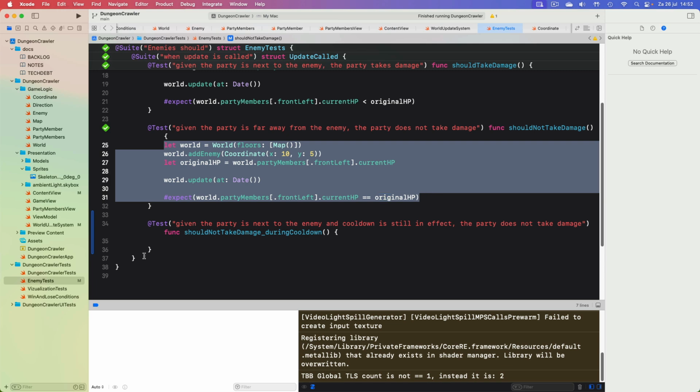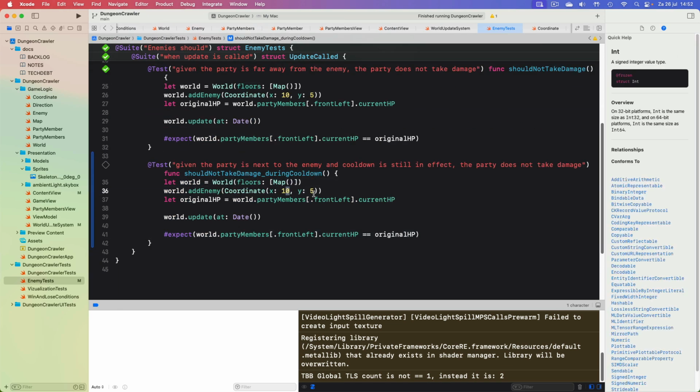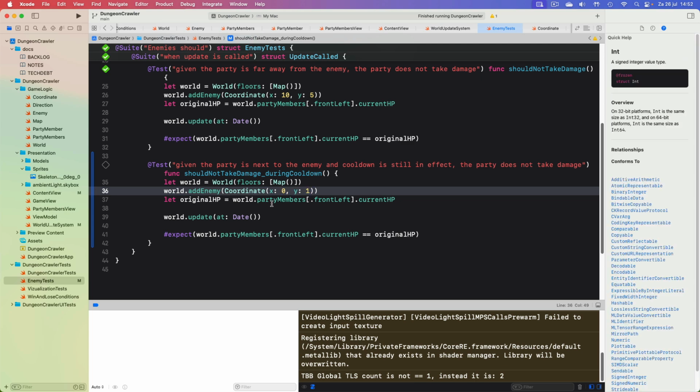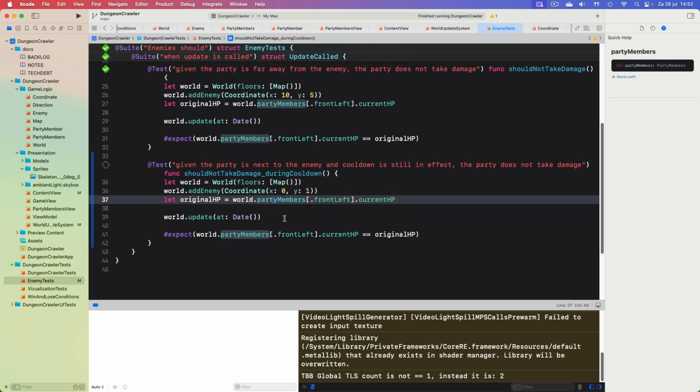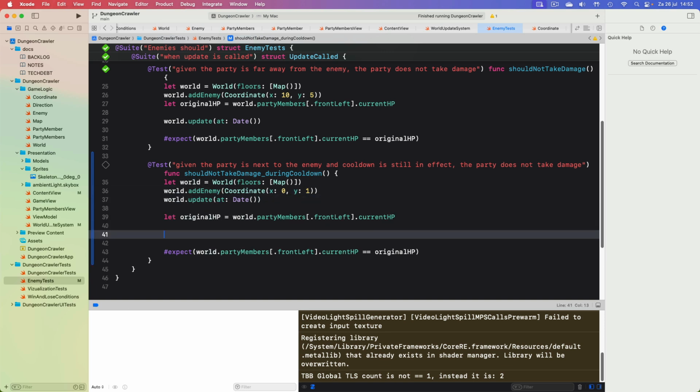So we will assign world. We can put the enemy right next to the player. We'll attack once. That's the first update. Then we'll determine the HP, and then we will say update at